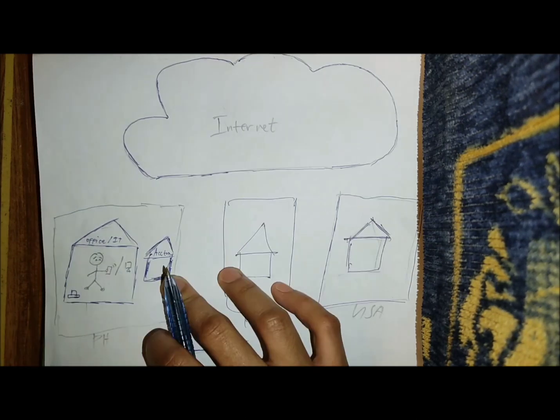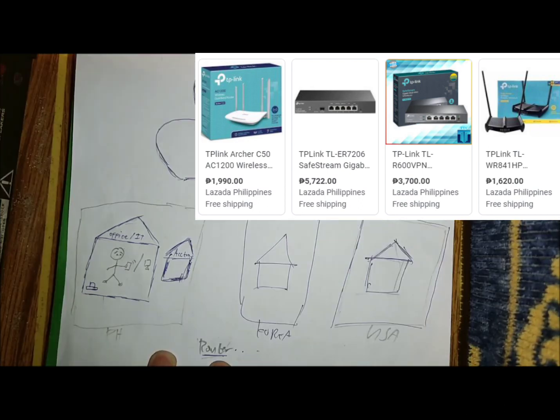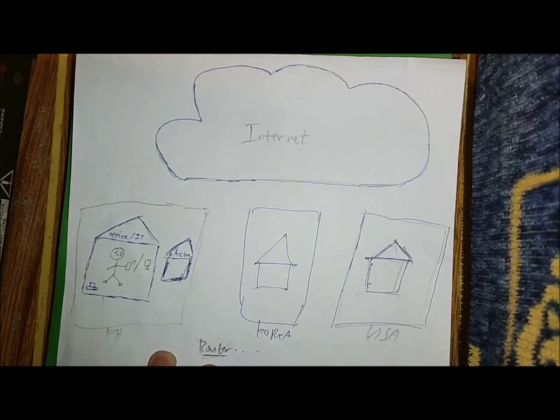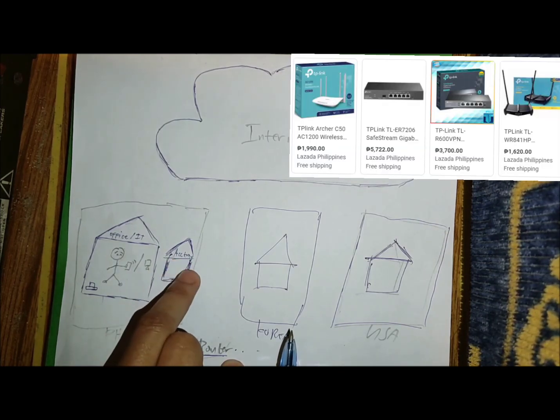Okay, so ang device na atong gamiton is router. Okay, so let's talk about a little bit about router, class. So the main task ni router is to connect different networks.